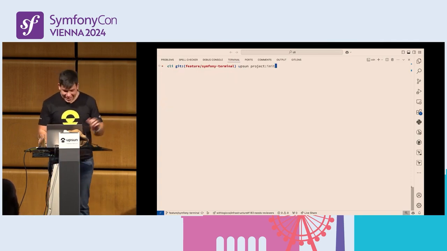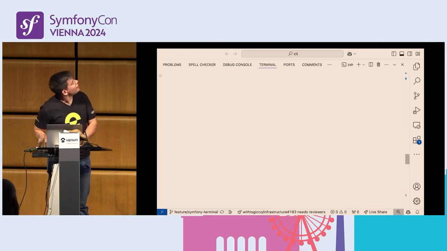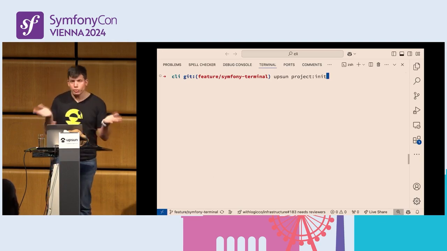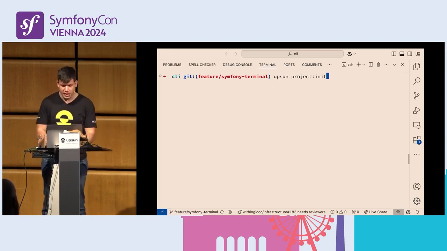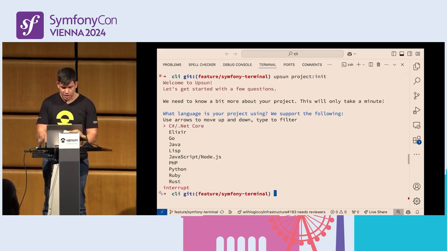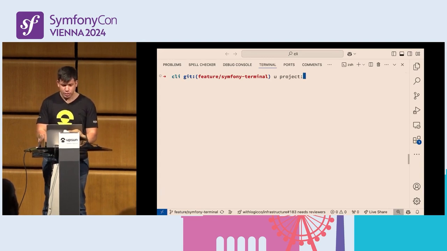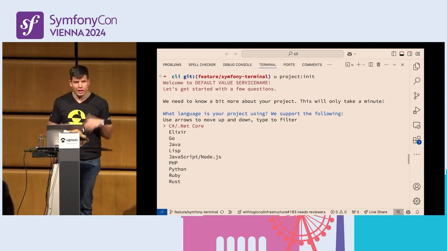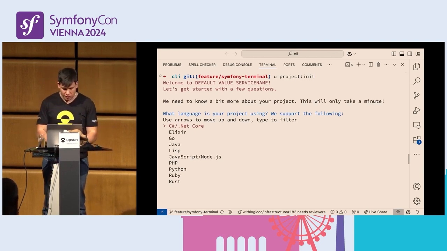So again, apps and project init, which is small. Okay, so apps and project init was a command I was talking about. If I run it from the apps and CLI, everything is okay. If I use the uCLI, this is the CLI that I have built locally using the Symfony component, works okay.